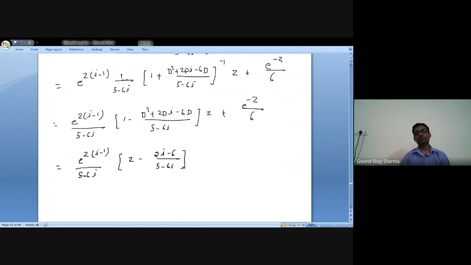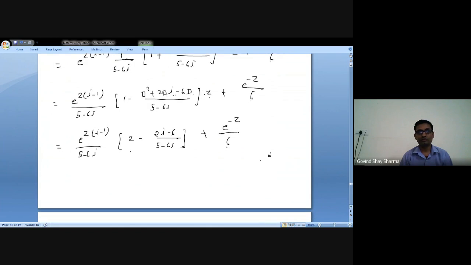We get this by multiplying z inside. Here z multiplied with 1, so it becomes z. Then z D square z is 0, 2Dz is equal to Dz is equal to 1. So this becomes 2i minus 6 plus e to power minus z, by